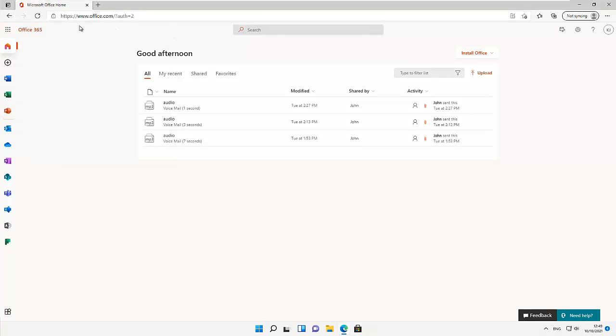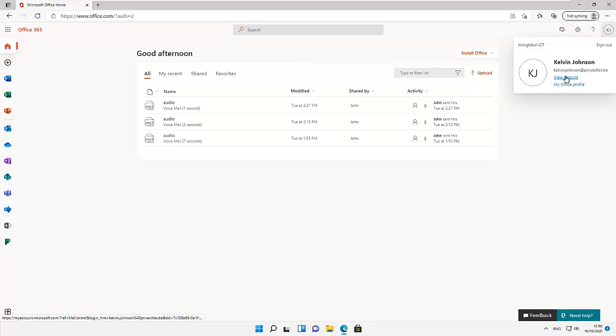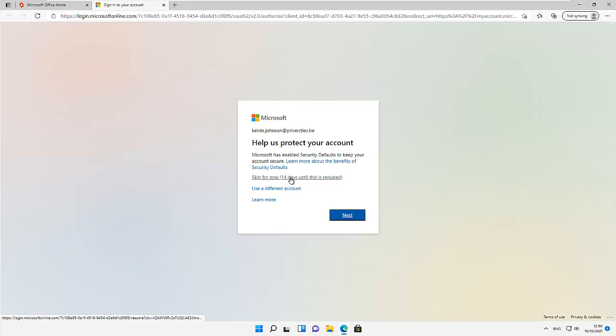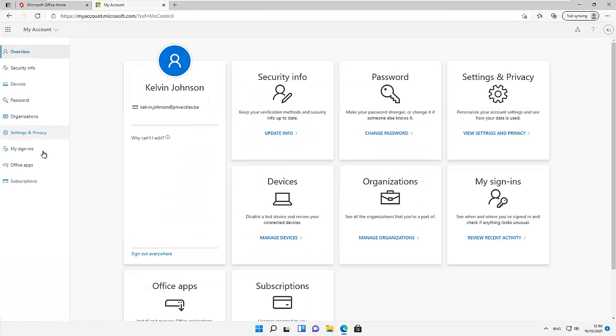Here you can see I've logged on to the office.com and I have the option to install Office 365 apps, or I can go to other install options, but I can also just click on my name. You can see account manager for Calvin Johnson, and then here we can click view account. It's going to take me to a new page where we have the option called Office Apps. So click on the Office Apps,